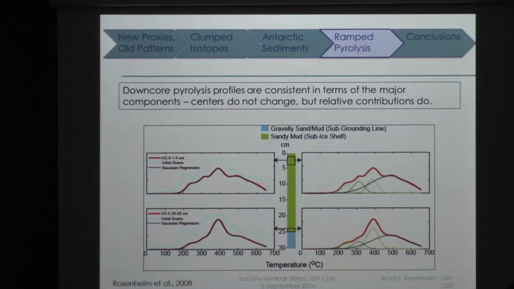And we didn't constrain the Gaussians in terms of the centers, the widths, or the heights. That was left completely unconstrained. And what you see is that the best fit Gaussians end up matching in terms of their centers, but they change in terms of their width and their heights. If these can be interpreted as different constituents of the organic material, like for instance, one of those might be the old stuff coming off of the continent, and one of those might be the primary productivity, and then we